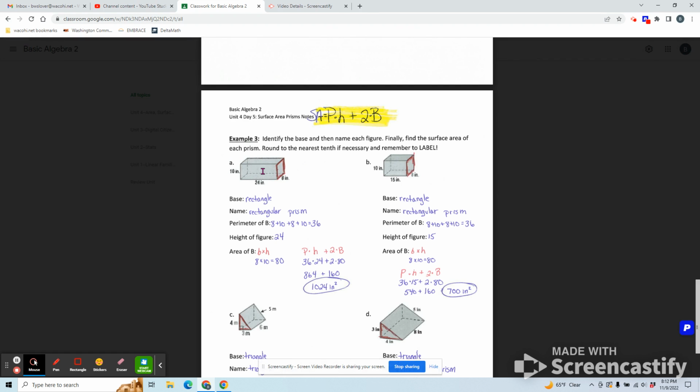Let's think of this as a real world application. You're deciding to give Mr. Slover a present, but you want to surprise him for what it is. So you need to wrap it. That wrapping paper is an example of surface area, how much wrapping paper you would need to wrap something. Okay, so there's your